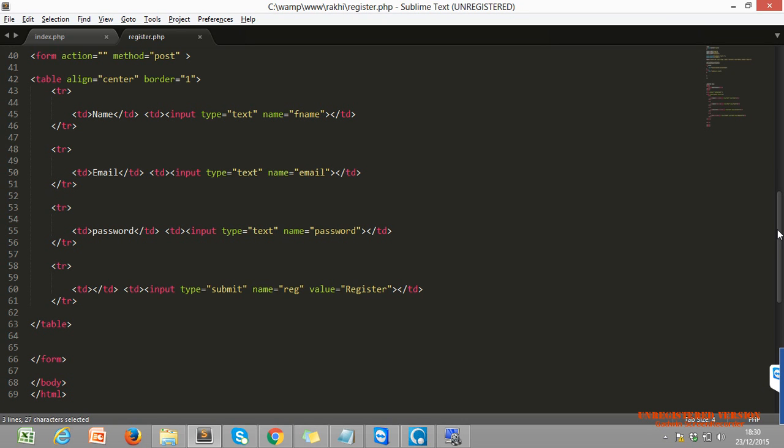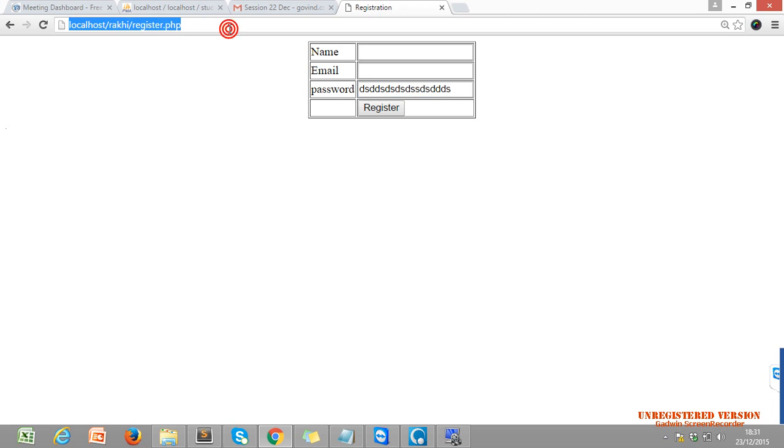This is simple HTML. We already did that. The user can't see the password value, so we have to use input type equals password. Yeah, there is one property of our input tag, password. Please remember all the small things. Now if we enter, it will come in hidden format, or in password format, you can say.